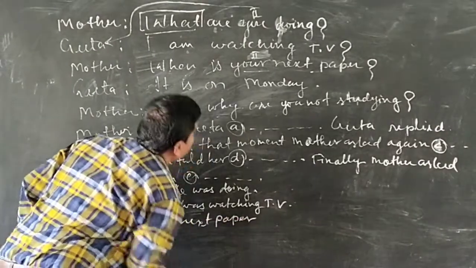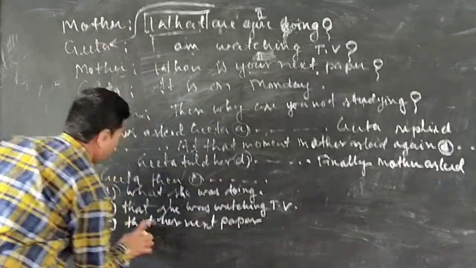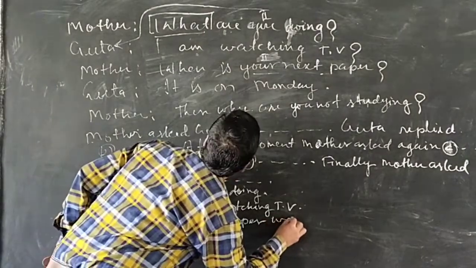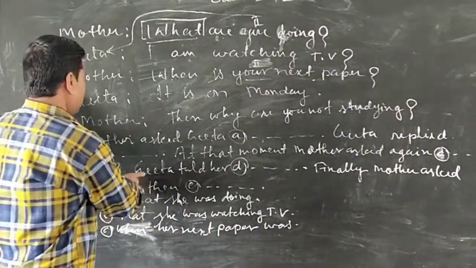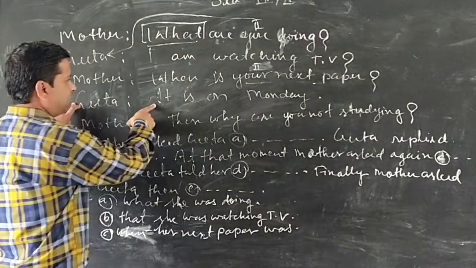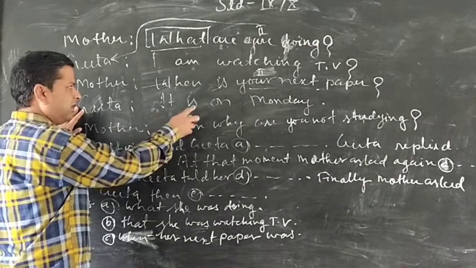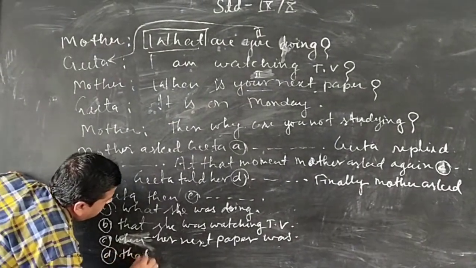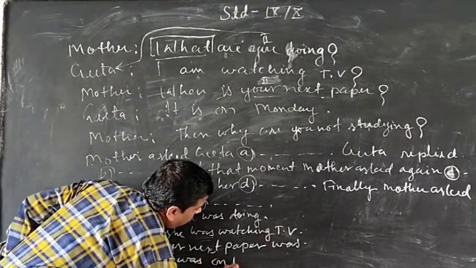Is is changed into was, and when will be used as a connector. Her next paper was. And after that, Geeta told her. This is a simple sentence. You have to write only the connector that. There will be no change, and is is changed to was. So it will be that it was on